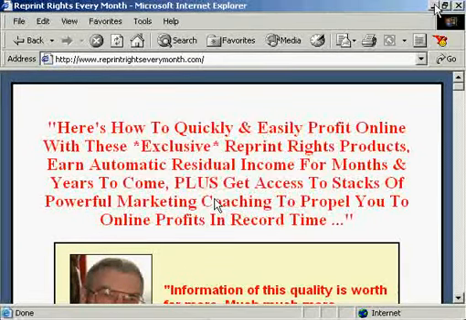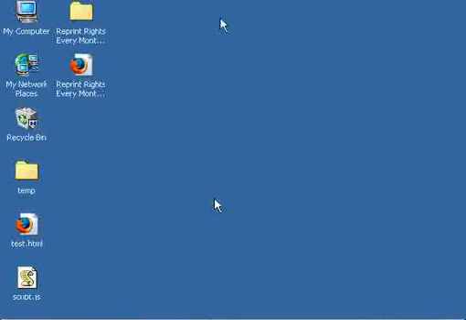okay, let's minimize Explorer. So we've got the HTML file here now for that sales page. Since it is a sales page, it's not really designed for getting search engine traffic, because it is just a single page. And obviously the point of the page is to tell people about the site, rather than writing keyword optimized content. But if we right click on this HTML file,